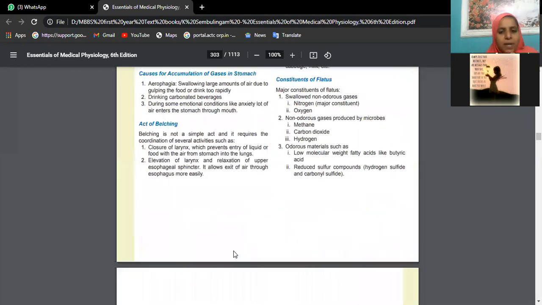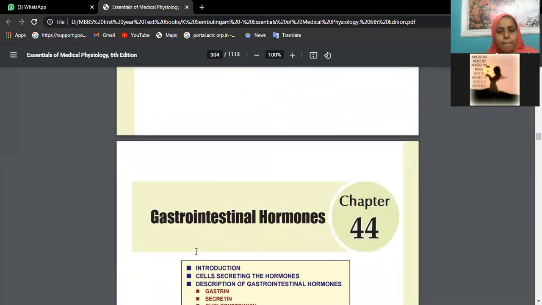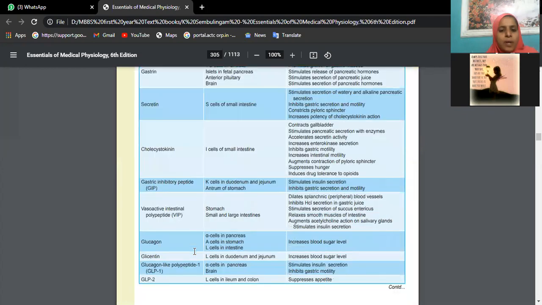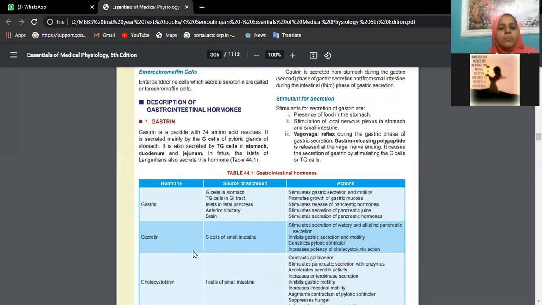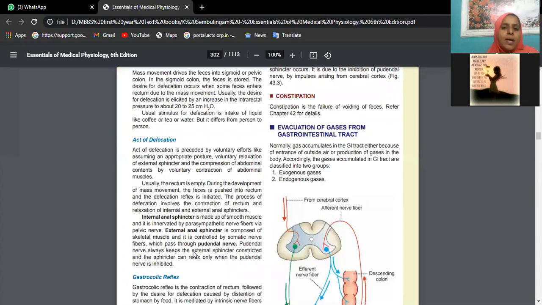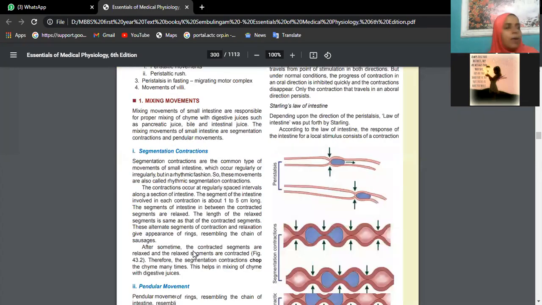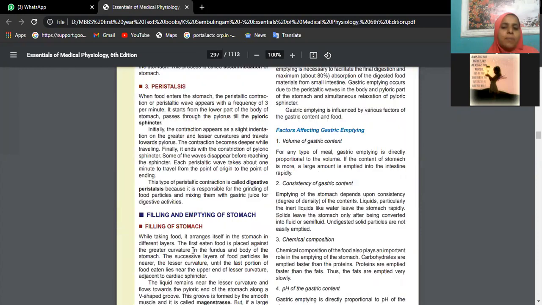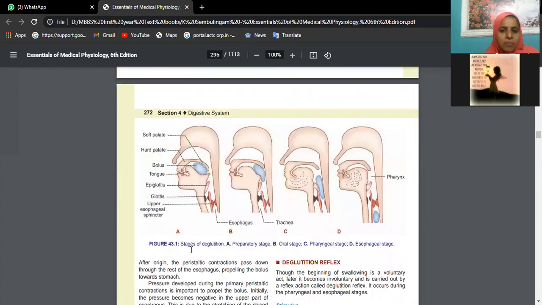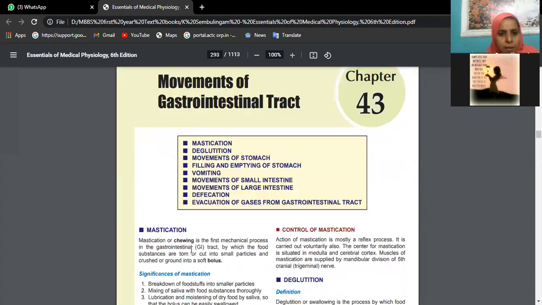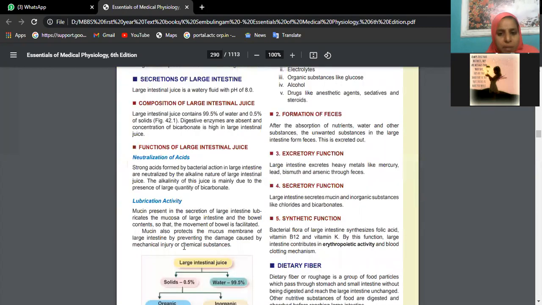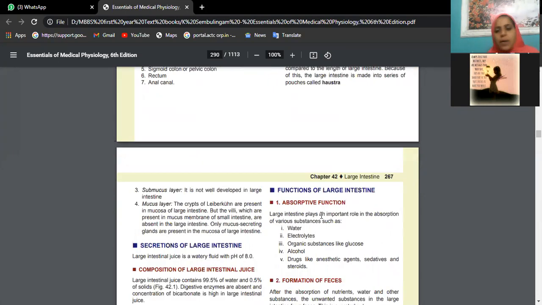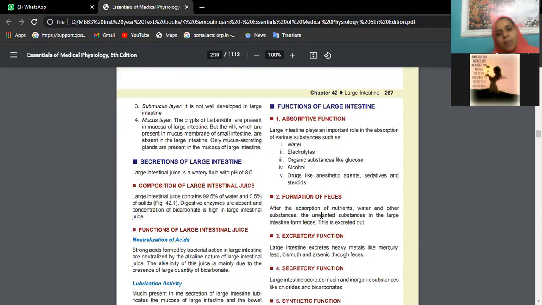What is the function of large intestine? What type of food is entering into large intestine? The undigested food. That means whatever is left over after the process of digestion and absorption which is taking place in the small intestine, the undigested waste excretory material has entered into the large intestine. So that large intestine will be containing fecal matter.